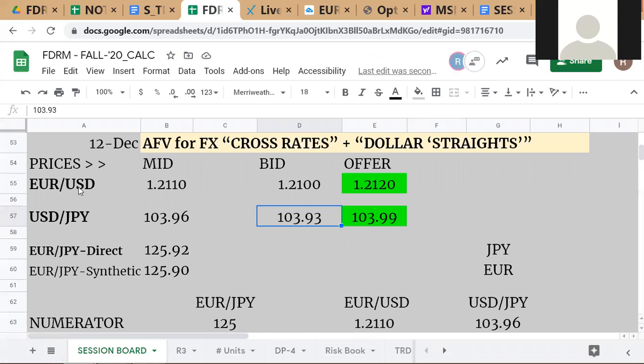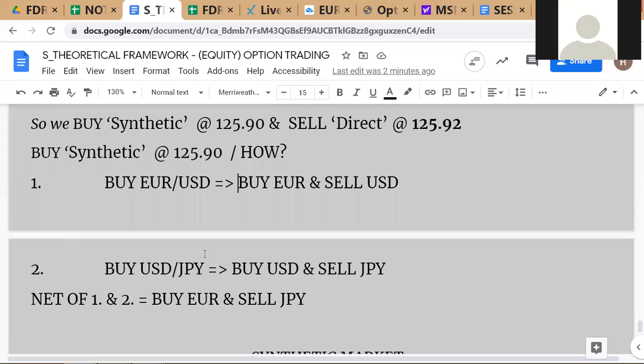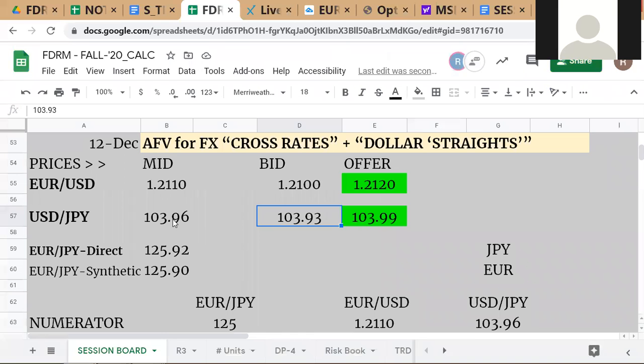If I have to buy euros and sell dollars, I'm a price taker. The price maker is making two-way prices. If I have to buy euros, I have to deal on his offer price. Here, I have to buy dollar yen. I am a price taker. The price maker is making two-way prices. If I have to buy dollars, I have to deal on his offer price. So actually, the true synthetic is, as you guys correctly identified, I have to multiply